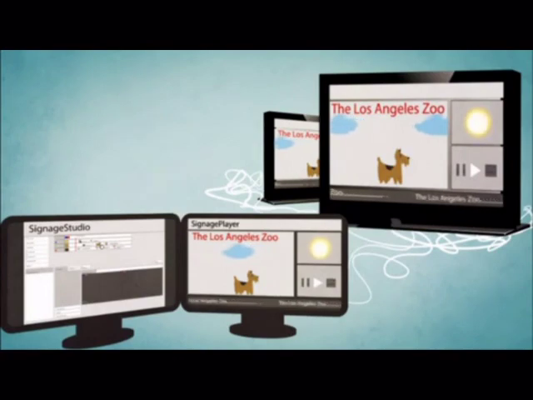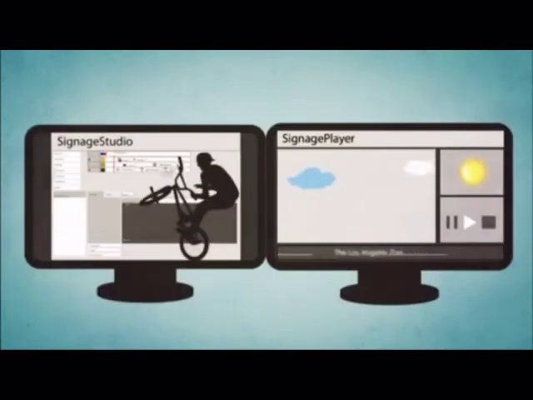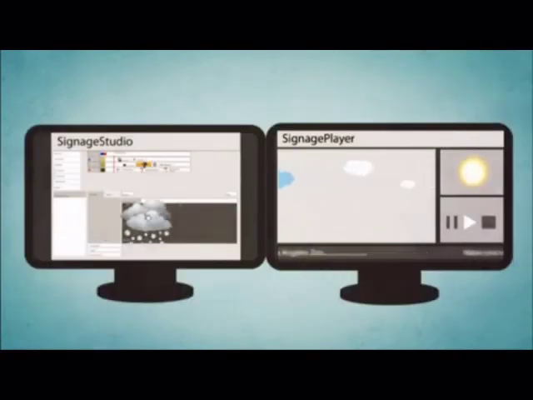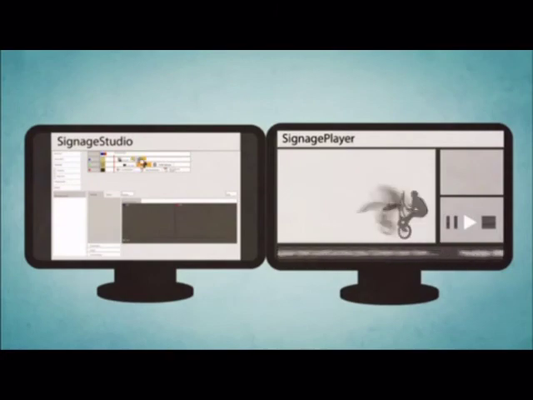It's that simple. So whenever you want to make a change, just save it in the Signage Studio, and this will update your remote signage players. Get it? It's that easy. And to make things even